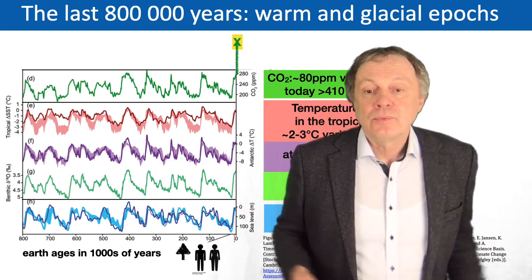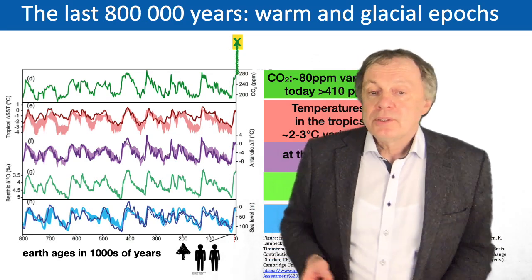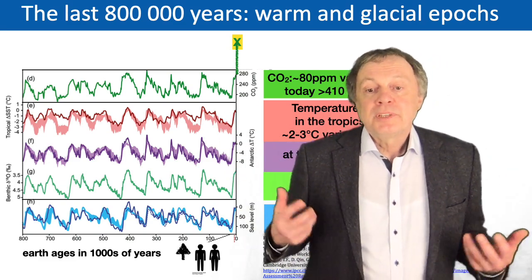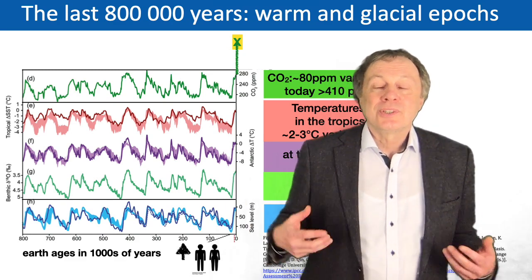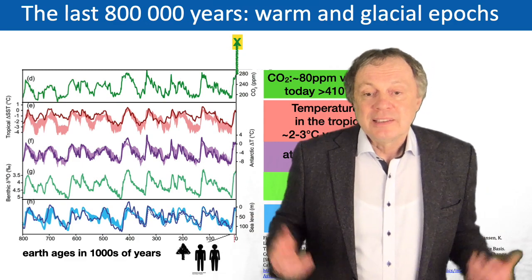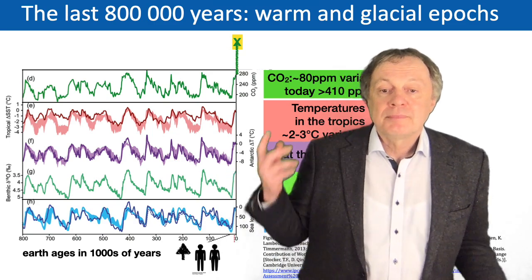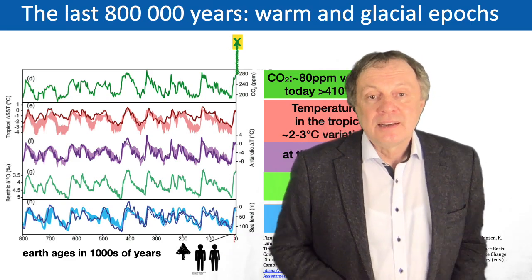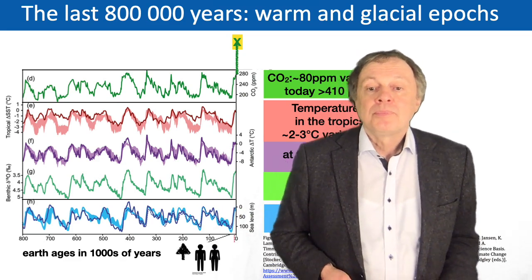The upper curve, the green one, is the CO2 concentration. So also here you see it's going up and down, and it is correlated to the other plots, which means that during warm periods there's a high CO2 concentration, and during cold periods there's a small CO2 concentration. This was always very stable, so it had a value of about 240 ppm plus minus about 80 ppm. So it's really small variations over 800,000 years. So long before man arrived 200,000 years ago.